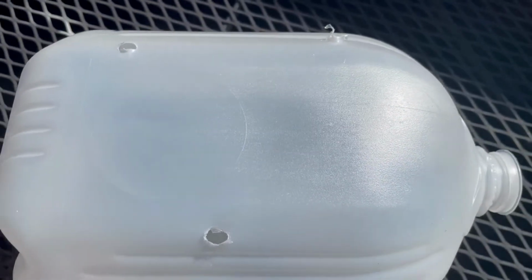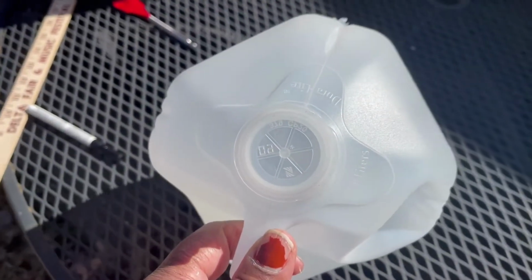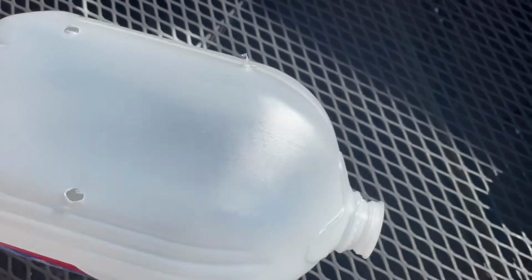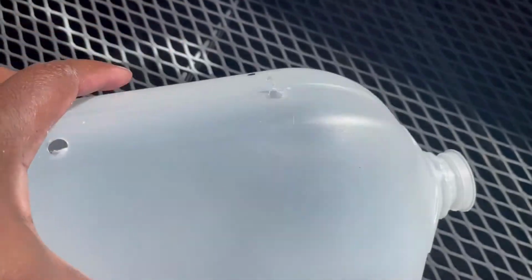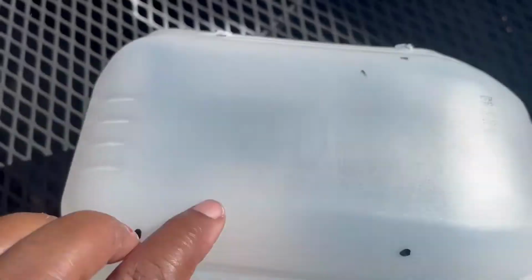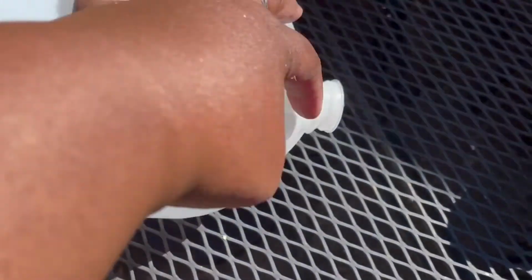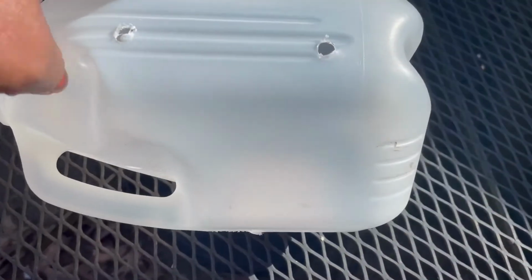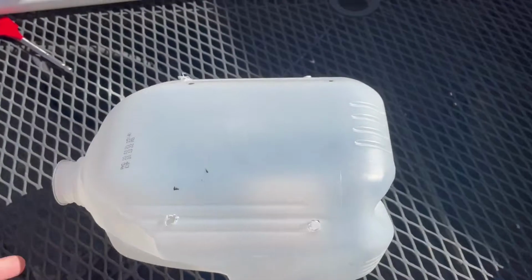All right, I want to show you the milk jug, and I did keep the cap on the milk jug, and I am sitting the milk jug handle side down. Okay, well, handle side down or the face side. I've drilled holes in the side and a hole in the bottom on both sides. And it's going to lay like this in the bucket. So in our bucket,